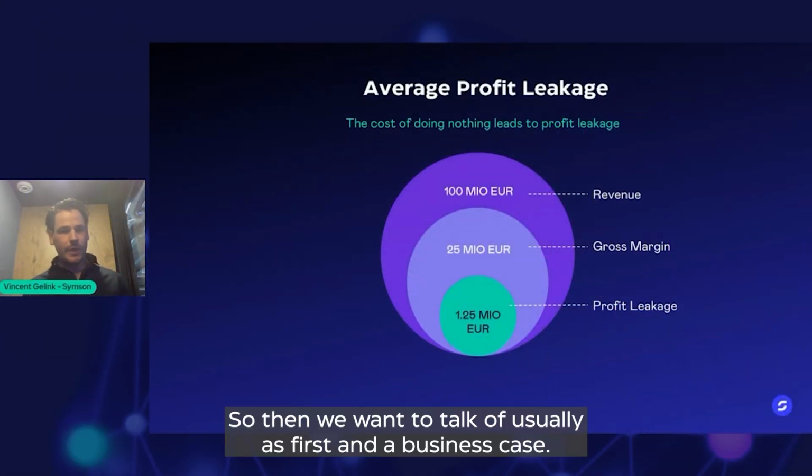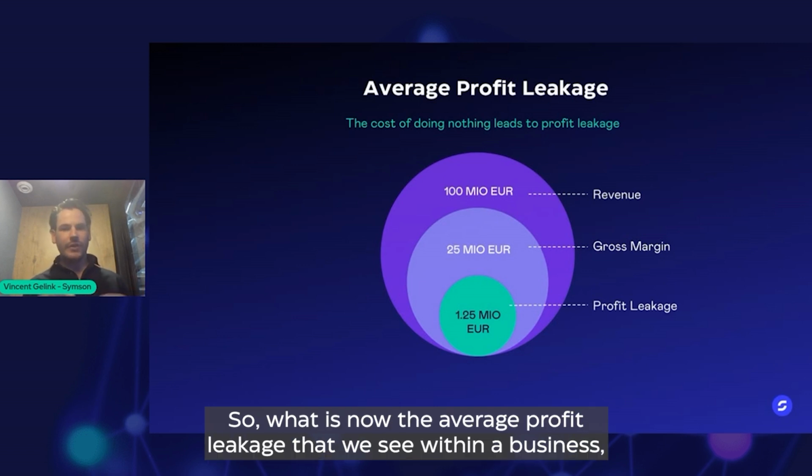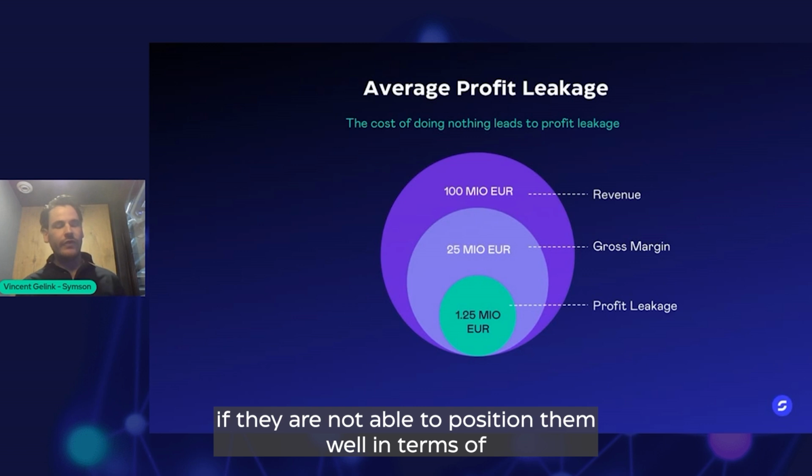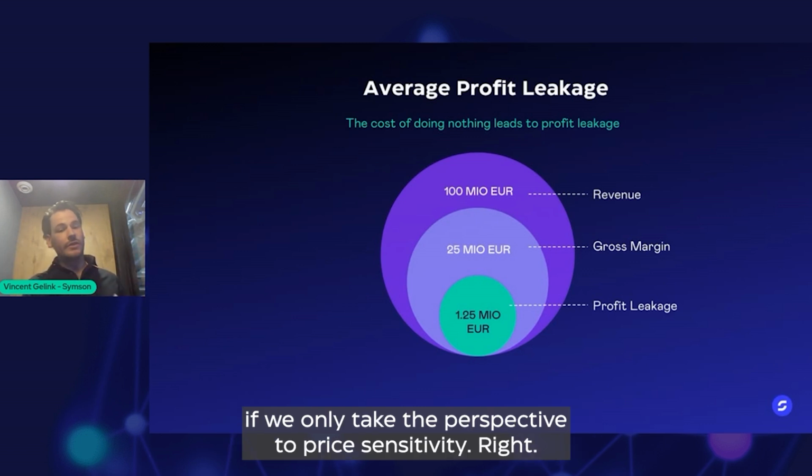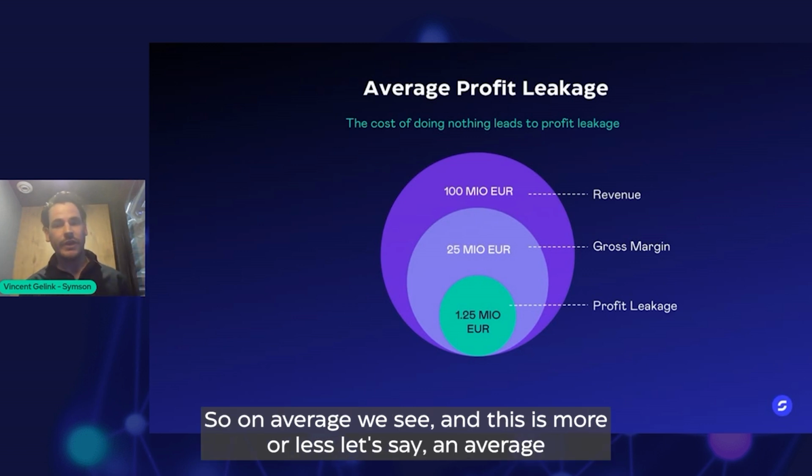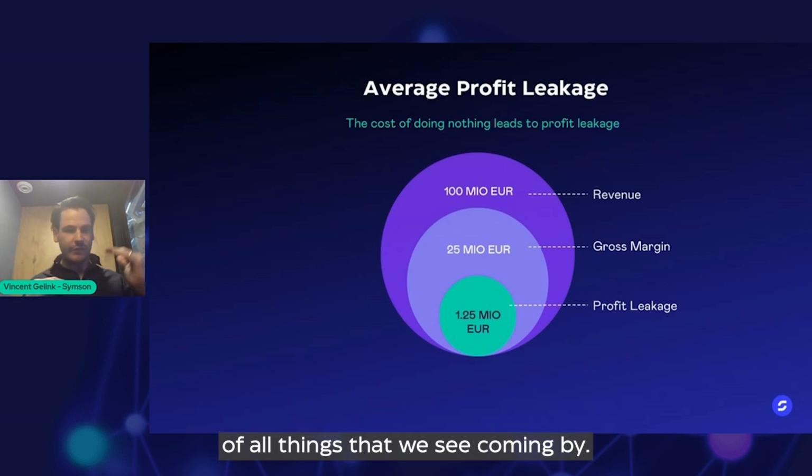So then we want to talk, obviously, first about the business case. What is the average profit leakage that we see within a business if they are not able to position themselves well, if we only take the perspective of price sensitivity? On average, and this is more or less an average of things that we see coming by,